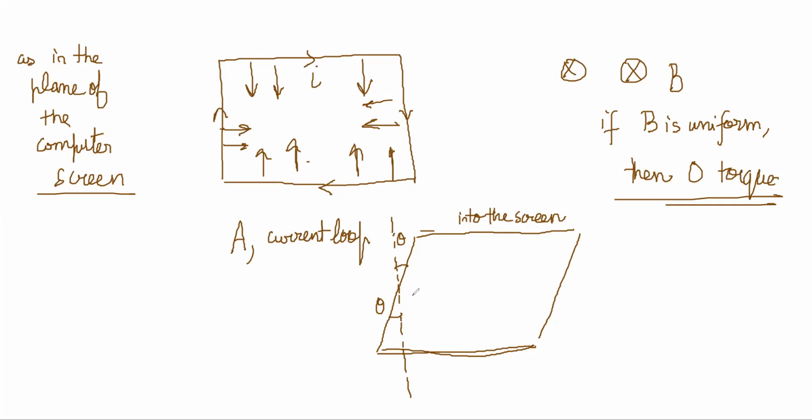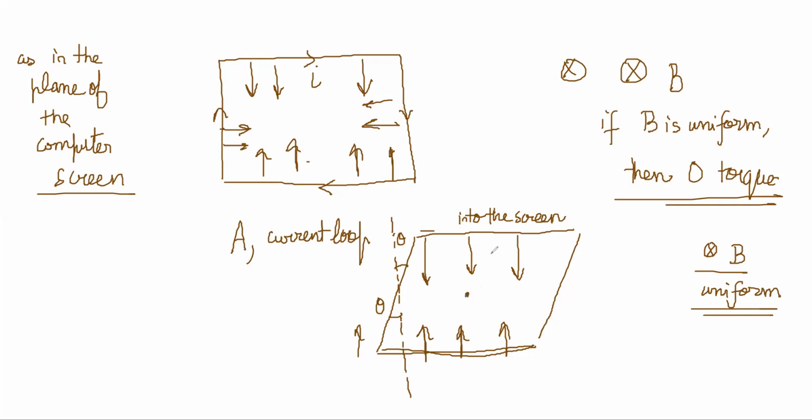So then what happens is, even if the magnetic field is uniform throughout, the magnetic field might be constant throughout the space, but the forces are no longer in the same line. Force on this side is somewhat outside, and force on that side is somewhat inside the plane. So even if the force is balanced, there is still torque. That force will try to pull it down a little and this force will try to pull it up, and it will rotate it. You understand?